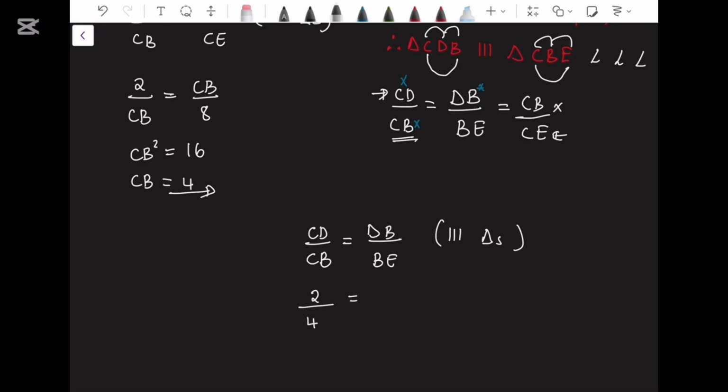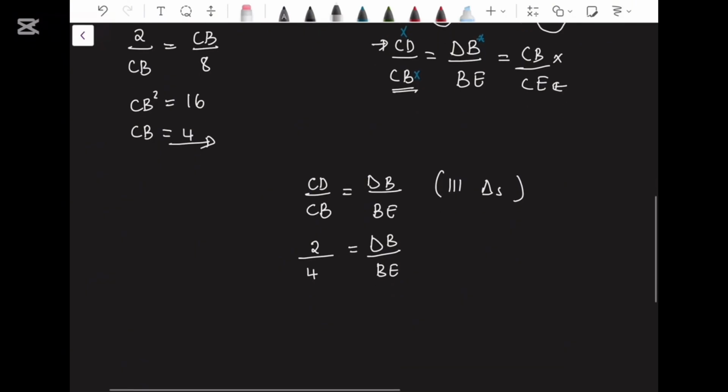This is equal to DB over BE. Okay, now we can have 2 over 4. If we simplify this, it would be 1 over 2. 1 over 2 is equal to DB